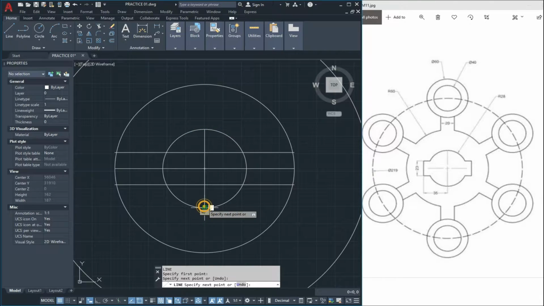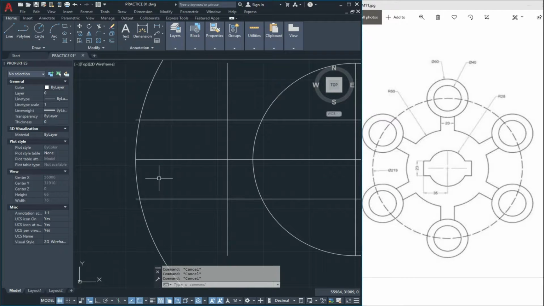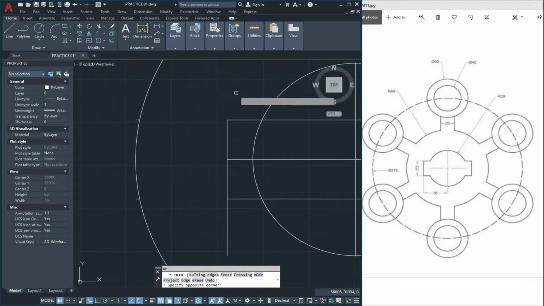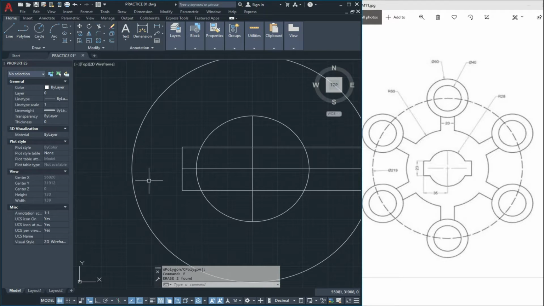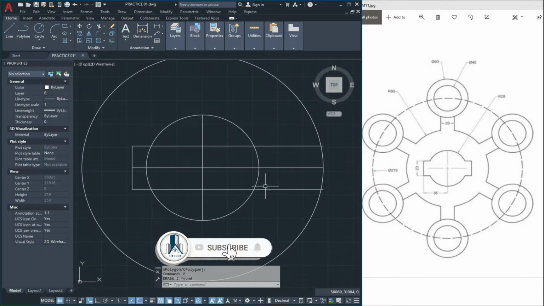Now we draw a line here and give the offset 35 units like this, 35 units. Now we use the trim tool, TR double enter, and we trim it like this, TR double enter,